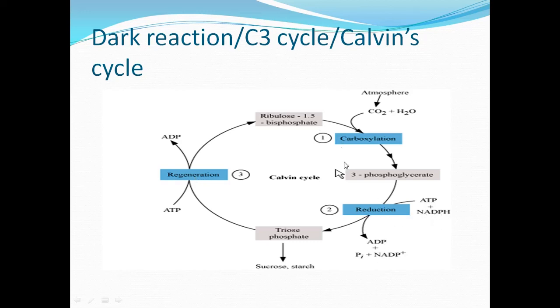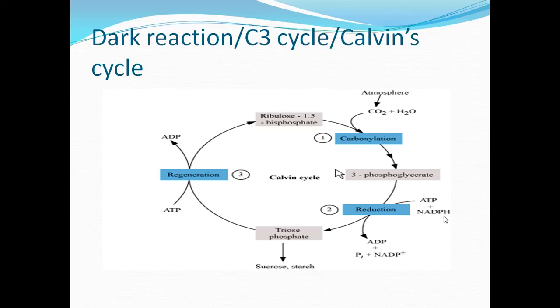So in a single Calvin cycle, two molecules of ATP and one molecule of NADPH are utilized. Hence, it requires 12 ATPs, 6 NADPH, and 6 carbon dioxide molecules for the synthesis of